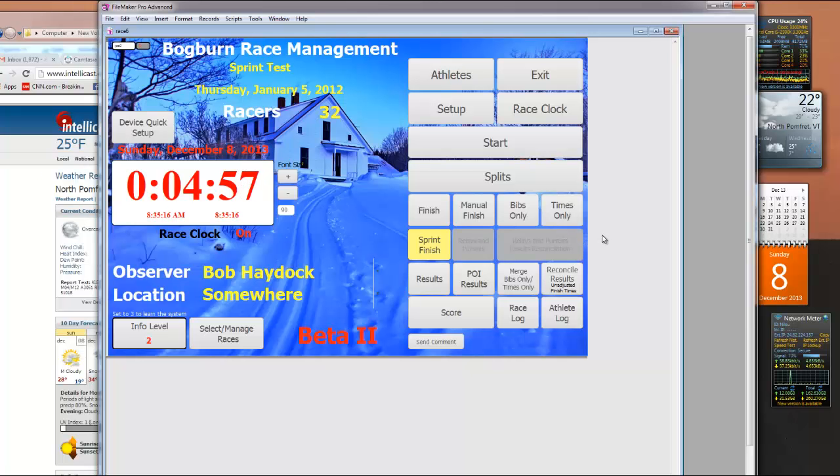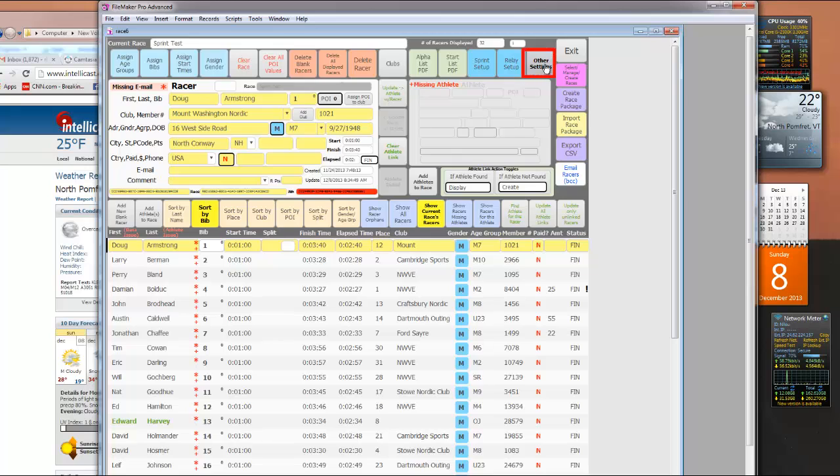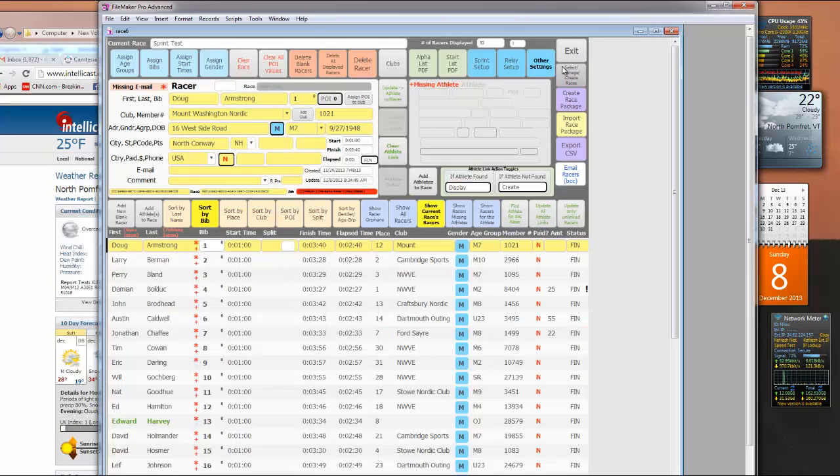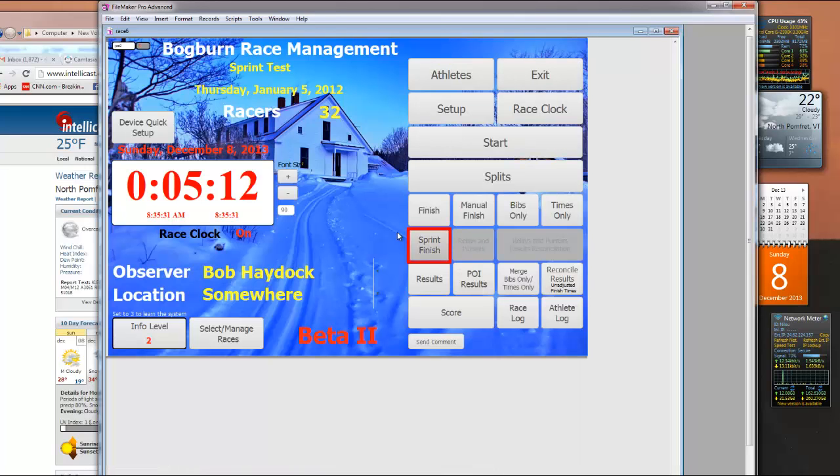In this presentation, we're going to go through how you record a sprint race. And the first thing you need to do when you set up a sprint race is go into Setup, go into Other Settings, and you need to set the format to Sprint. Once the format is set to Sprint, when you go out to the dashboard, you'll notice that the Sprint Finish